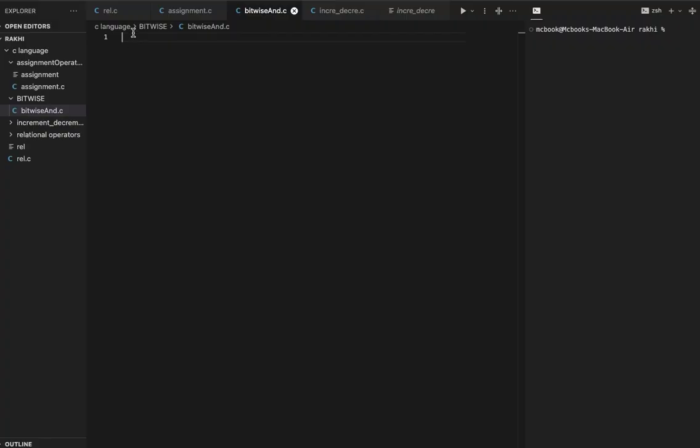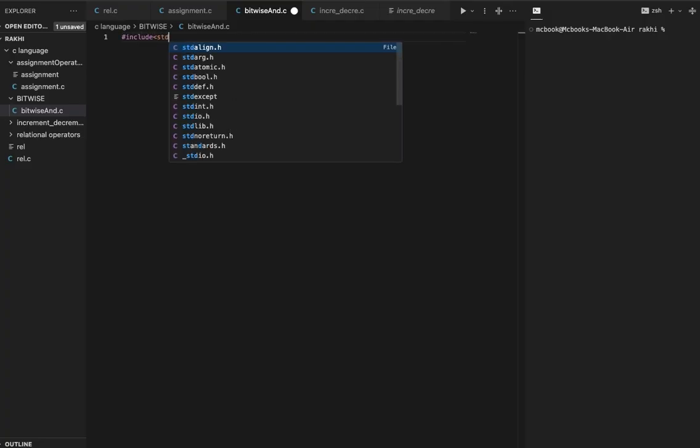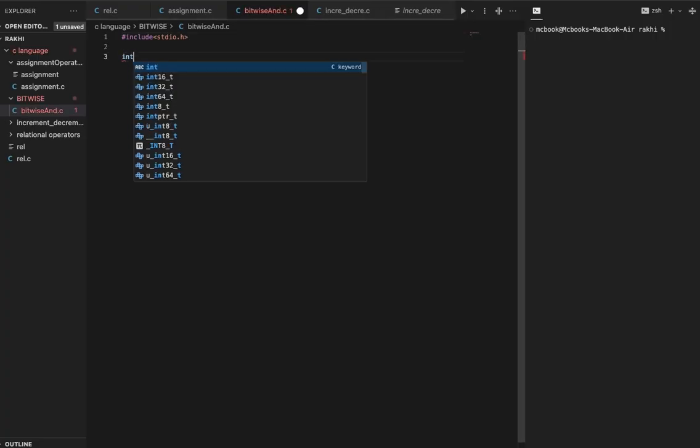bitwise AND. First of all, we create a folder and create a file in that folder, bitwise AND operator. First of all, we add a library, stdio, standard input output.